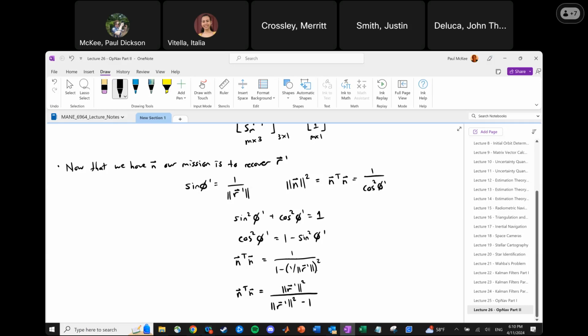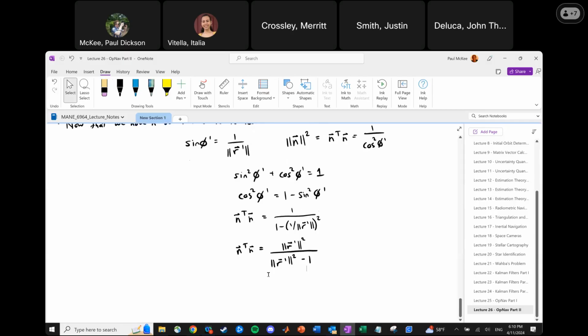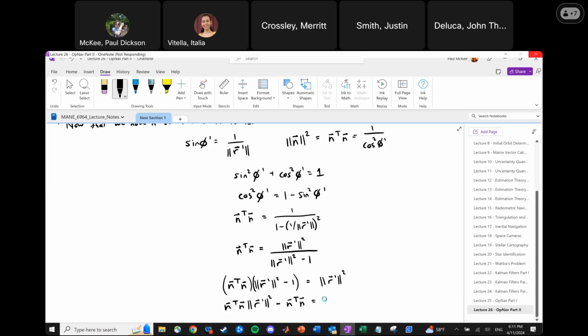Now, if we work this around, what we can arrive at is n transpose n quantity times the norm of r prime squared minus 1 is equal to the norm of r prime squared. We distribute this: n transpose n times the norm of r prime squared minus n transpose n is equal to,